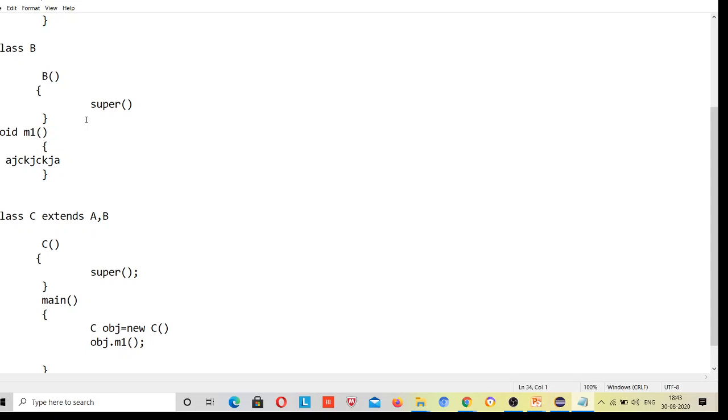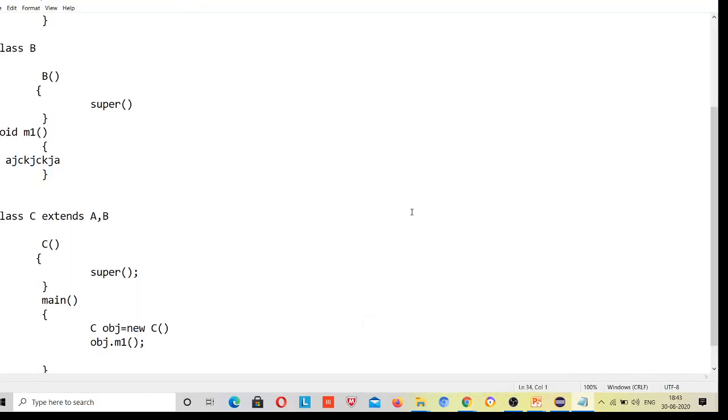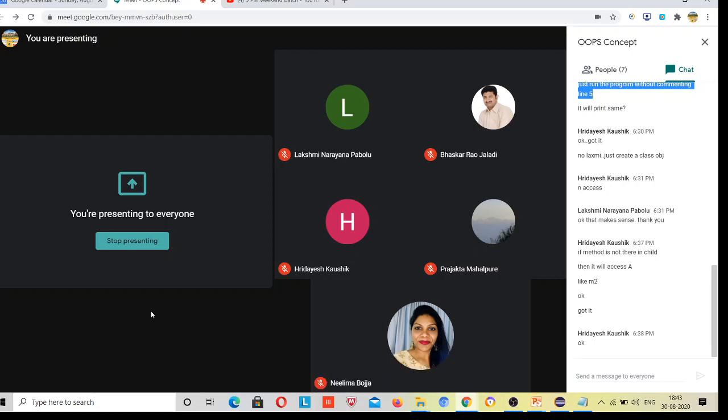You can see A and B are classes and class C is extending both, so there is a diamond type of shape. I will show it sometime. So this is called the diamond problem, or the ambiguity problem. It is confused about which class's M1 method to invoke, because both are different. I hope these two problems present in Java in the case of multiple inheritance are clear. That's why multiple inheritance is not supported in Java.